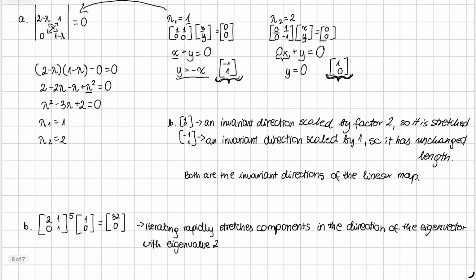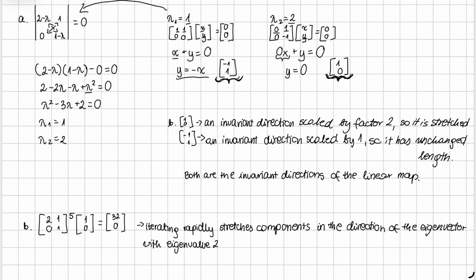So when our eigenvalue is greater than 1, in our case we have eigenvalue 2, this is an expanding direction,